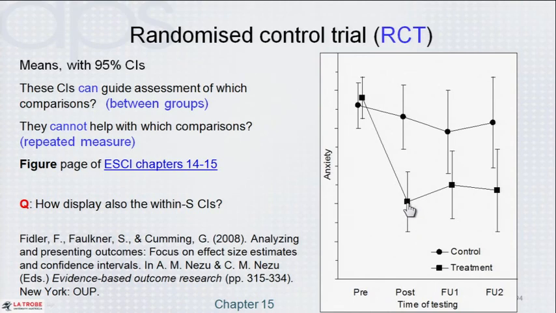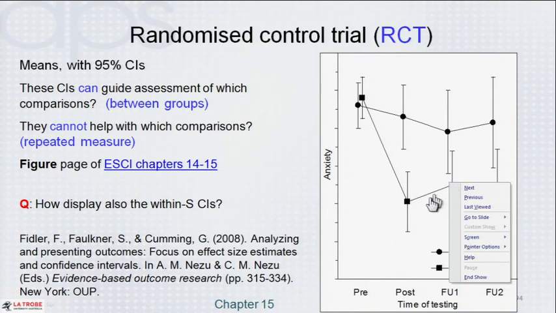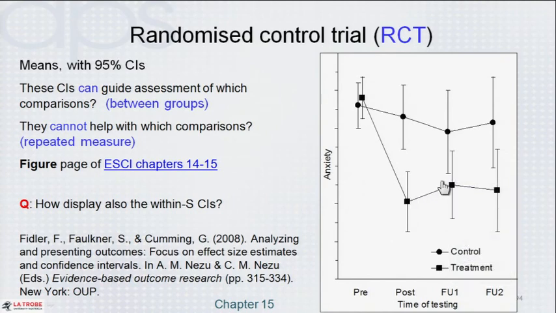But now what about this difference? We look at this and say, I wonder whether there was a bit of falling back from the post-test to the first follow-up in the treatment group. And I'm interested in that difference. How can I interpret that difference? Well, what I need is the confidence interval on that difference itself. And since this is a repeated measure, these confidence intervals do not give me the relevant information. So